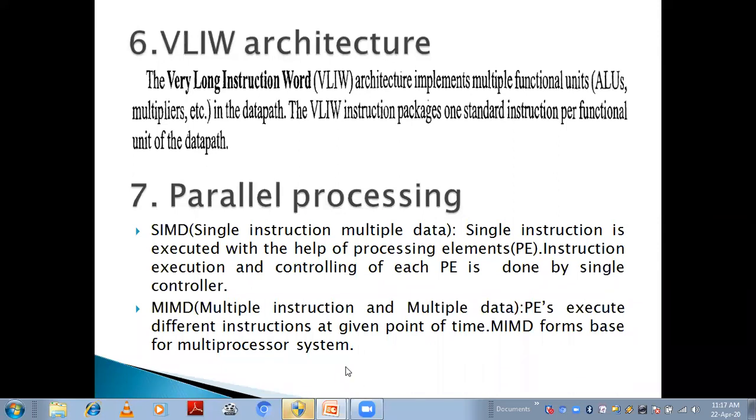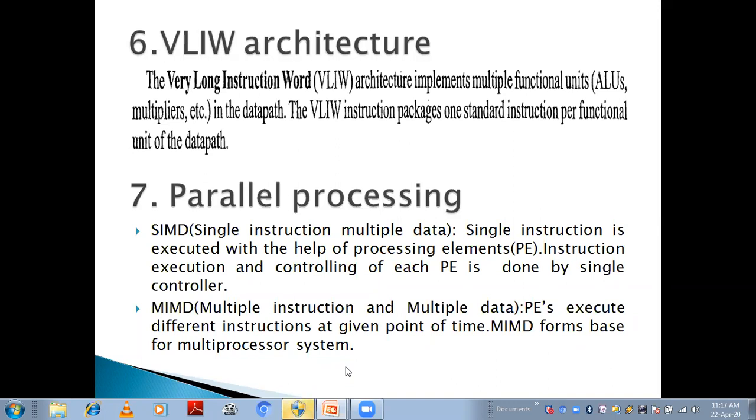Means a program is going to be divided into parts based on the data availability. If those parts are independent of the input data, then they are executed according to the data available for that particular code.